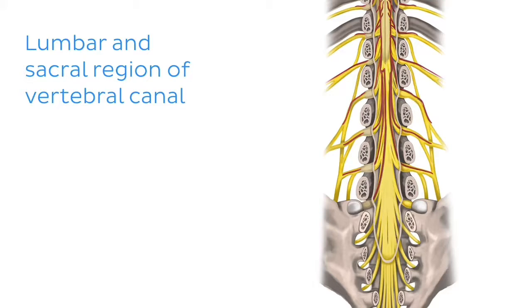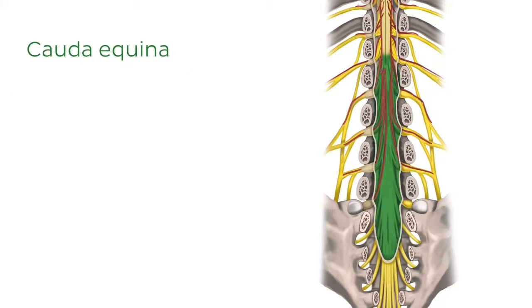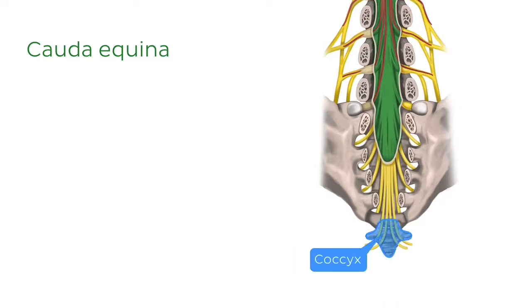So the spinal cord ends at L1 or L2 and becomes the cauda equina, which is effectively a bundle of spinal nerves that exits the vertebral canal at the respective level of the spinal nerve. And these nerves are surrounded by the dura and arachnoid mater into the sacrum, while the pia mater travels the whole way to the coccyx as the filum terminale, acting as an anchor for the spinal cord. Okay, so that's it for both the